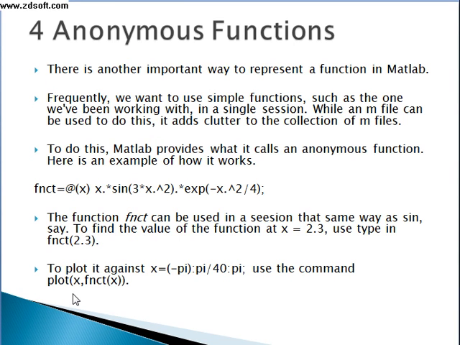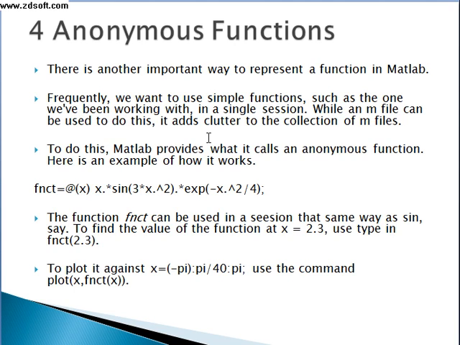Now the fourth method is anonymous functions. There is another important way to represent a function in MATLAB, that is the anonymous function. Frequently we want to use simple functions, such as the one we have been working with, in a single session. Now while an M file can be used to do this, it adds clutter to the collection of M files.